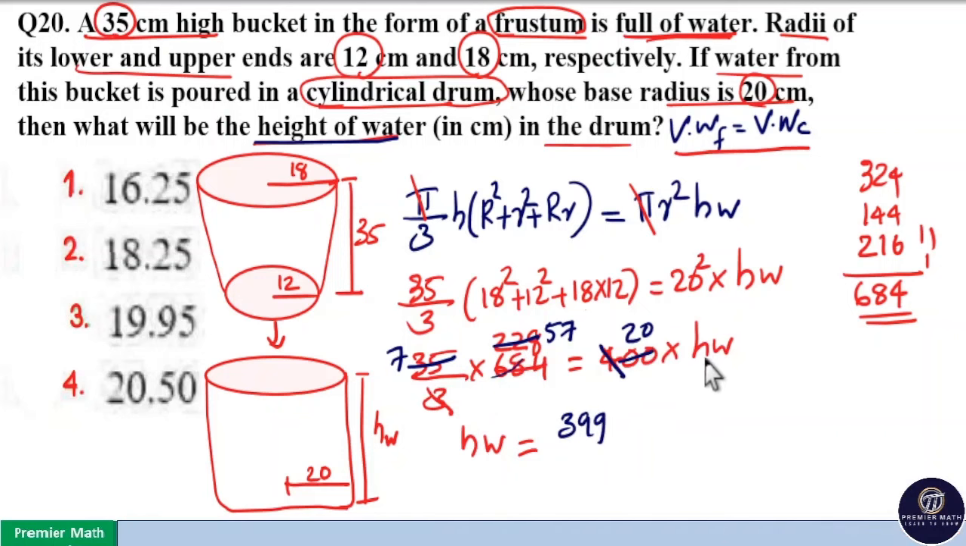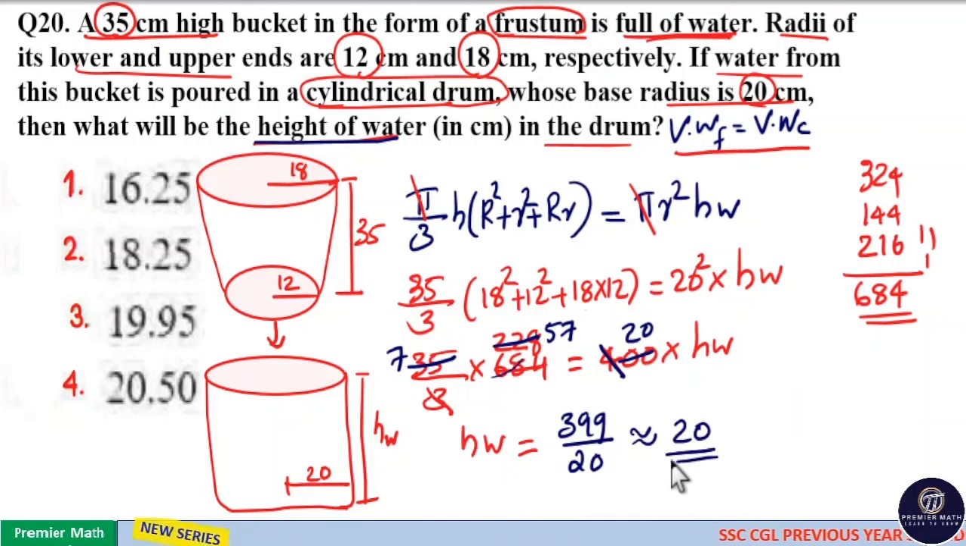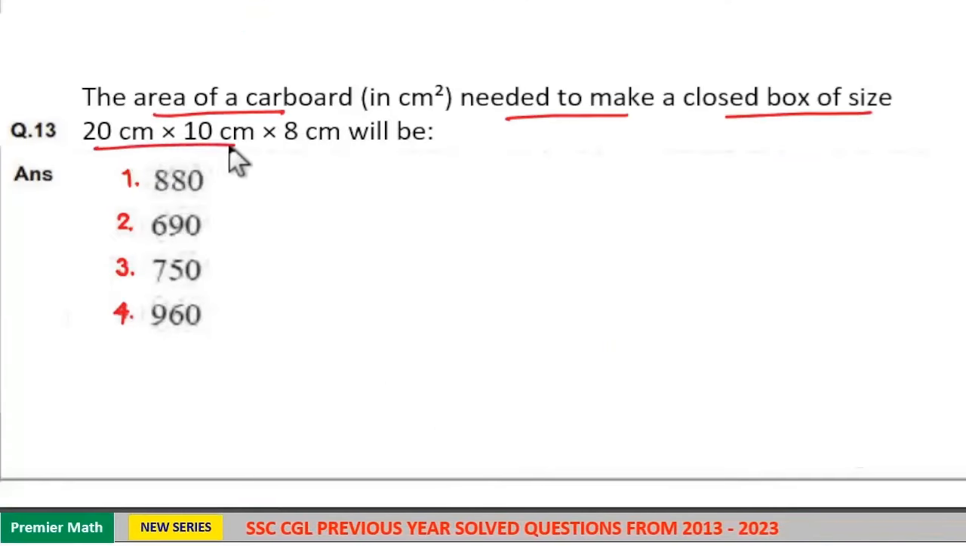Now, height of water is equal to 399 by 20. This is around 400 by 20. So, it is around 20. Option 3 is used. The area of cardboard needed to make a closed box of size 20 cm into 10